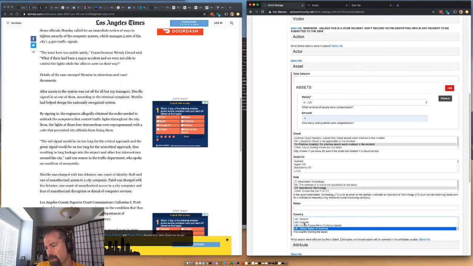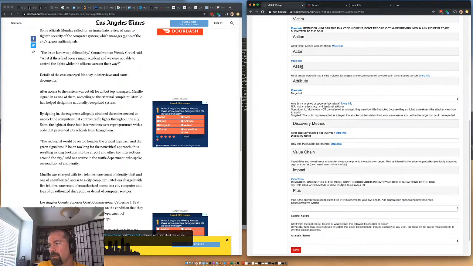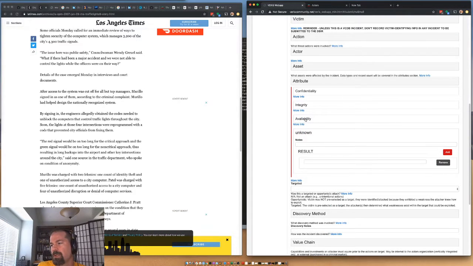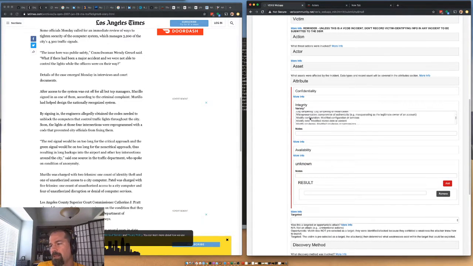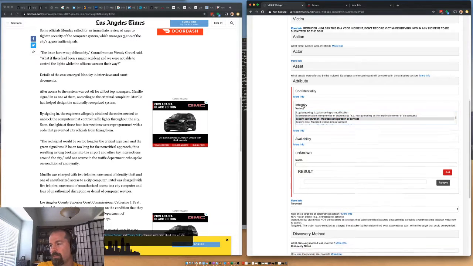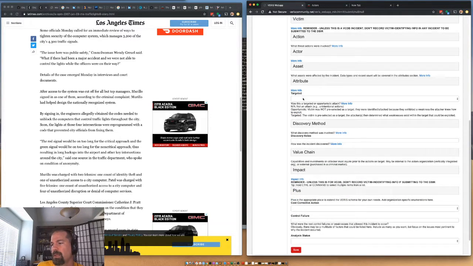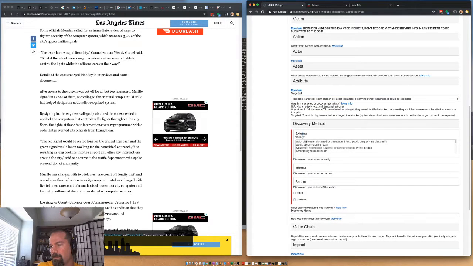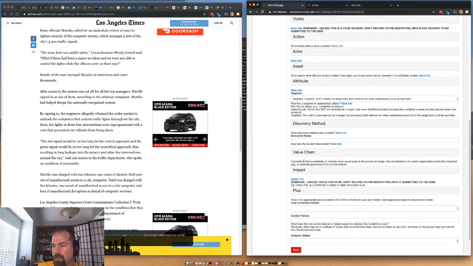Server was in the United States. And the attribute was the integrity of the system. He modified the configuration to make red lights longer in specific places. And targeted, this was very targeted. Discovery, actor disclosure, because obviously it caused gridlock. It was meant to be discovered.